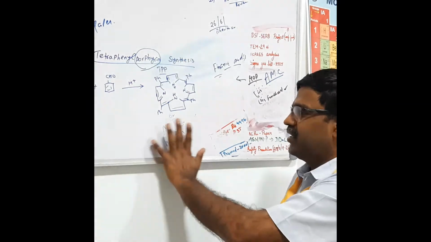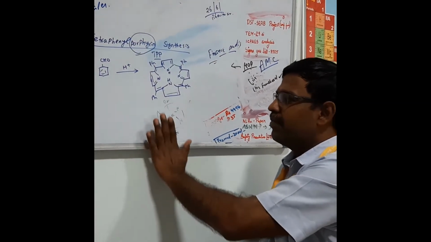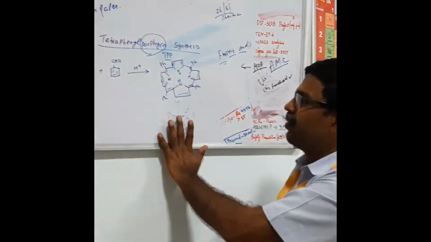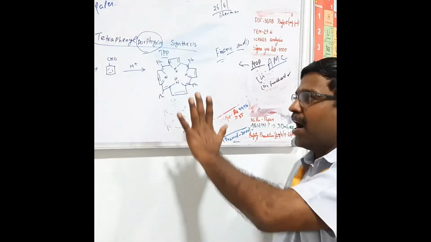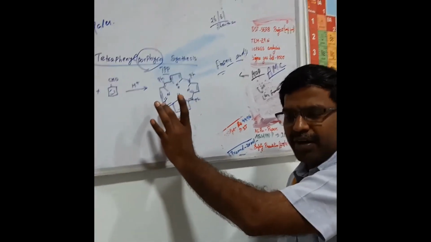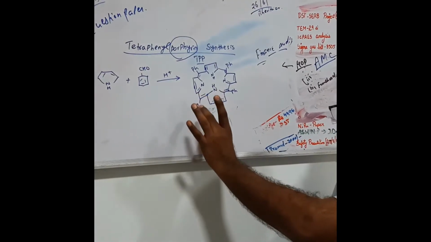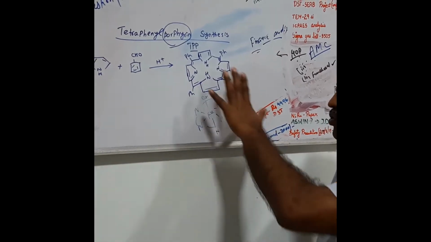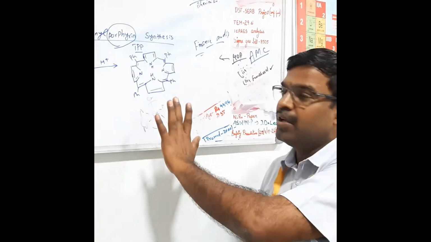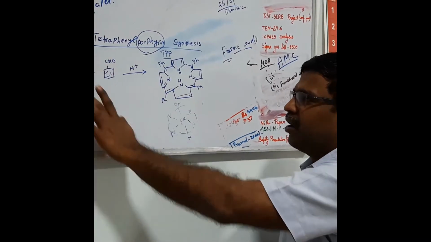So in this class we will talk about how we can prepare this derivative. It is not porphyrin itself we are preparing, we are going to prepare tetraphenyl porphyrin, and this tetraphenyl porphyrin is relatively stable and less sensitive to air. My research colleague Ms. Anjali used to prepare it, and we have prepared a lot of this kind of complex and published a lot of work. So we will be demonstrating how it will be prepared.